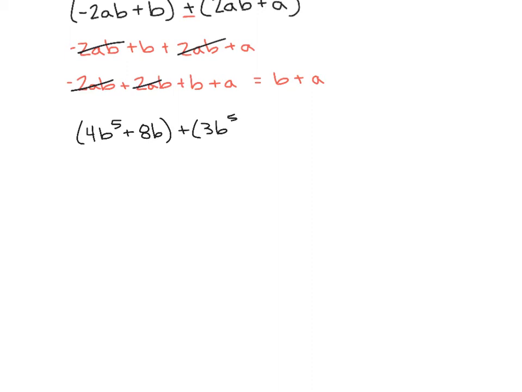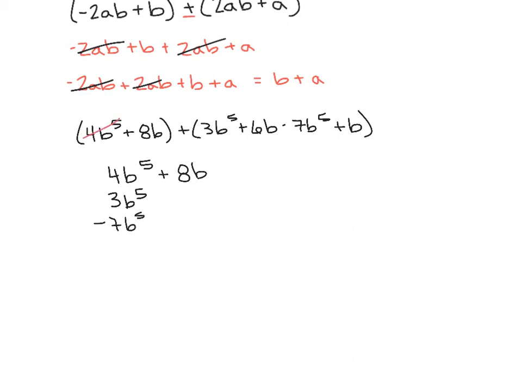The problem is 4b to the 5th plus 8b, plus 3b to the 5th plus 6b, minus 7b to the 5th plus b. So the second way of how we do this is we simply just add. So I'm going to put 4b to the 5th plus 8b, and I'm going to put my like terms underneath it. So I have a positive 3b to the 5th, and I have a negative 7b to the 5th. So I've used these up, and then I've already used my 8b, so I have a plus 6b,